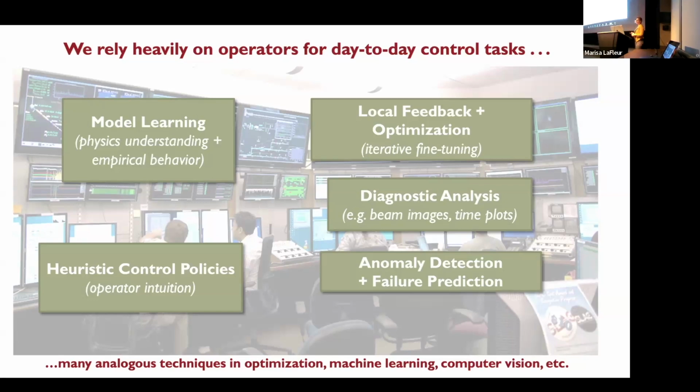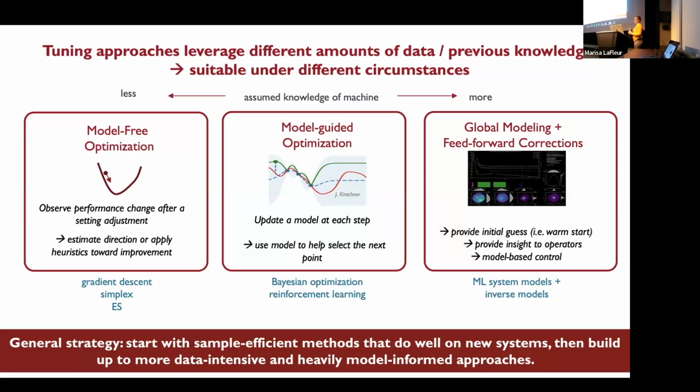So there's a lot of ways that we can start to tackle each of these individual problems and provide tools that can help with the overall operation of accelerators. So in terms of just the problem of trying to shape the beam to what it needs to be, there are a variety of different approaches that we can take. So one that we've taken for a while in the accelerator community is the use of simple optimization algorithms that just look at what the present behavior is and kind of iterate towards a solution based on a cost function,